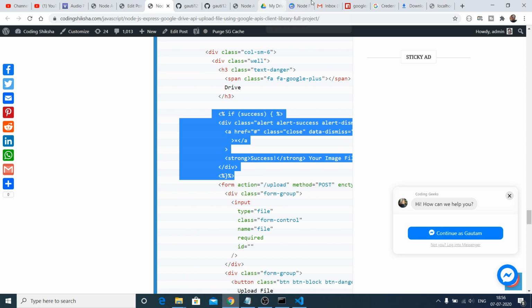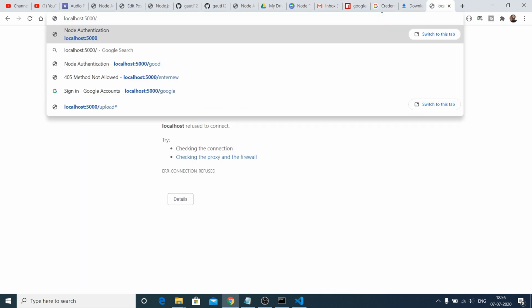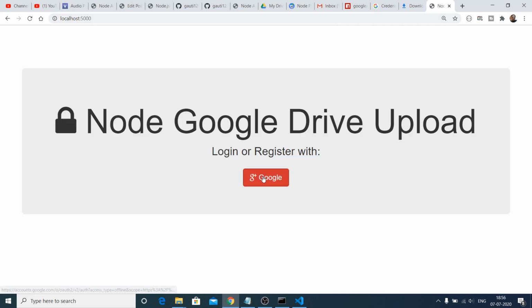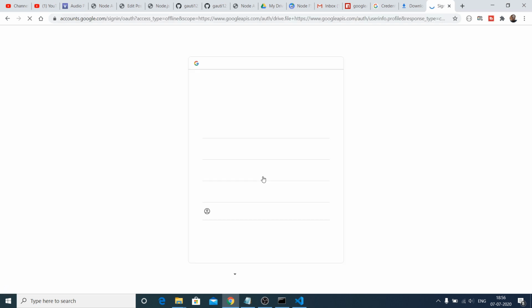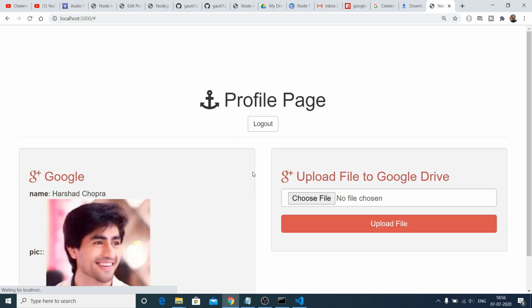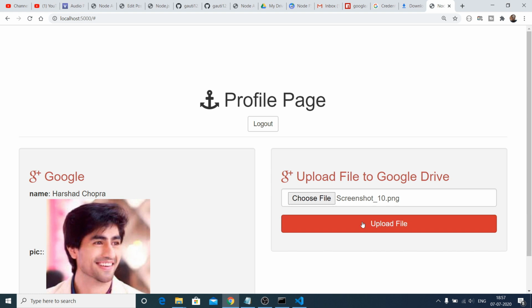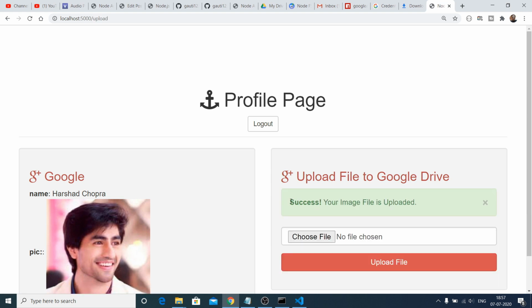And now the application is complete, guys. If I relaunch the application, click the Google button, and select this account, now if I choose any sort of file, let's suppose this file, and upload it, hopefully I will see a success message, your image file is uploaded.